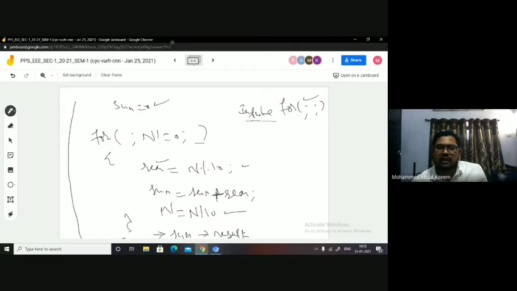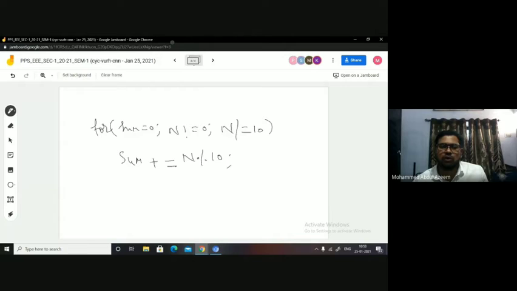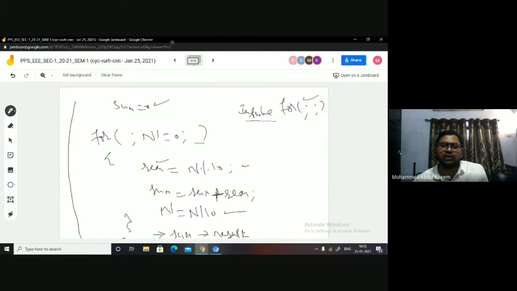When I have the LHS and the left operand of the operation both the same, I can use shortcut operators like this, plus equal to. What do you mean by this? Sum plus equal to means sum equal to sum plus, and then you have n mod 10, right? N mod 10 gives you what? The remainder out of it, right? So the remainder is nothing but one digit. The digit will be accumulated with sum. It means I have a single statement now. I have combined these two statements into a single statement, and after this I have to do this.